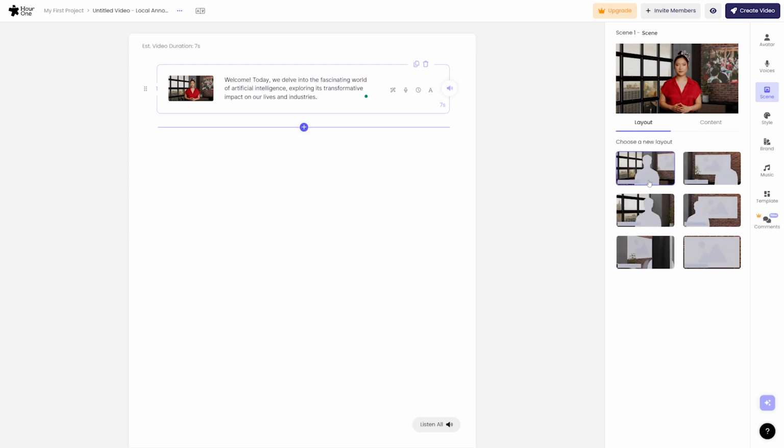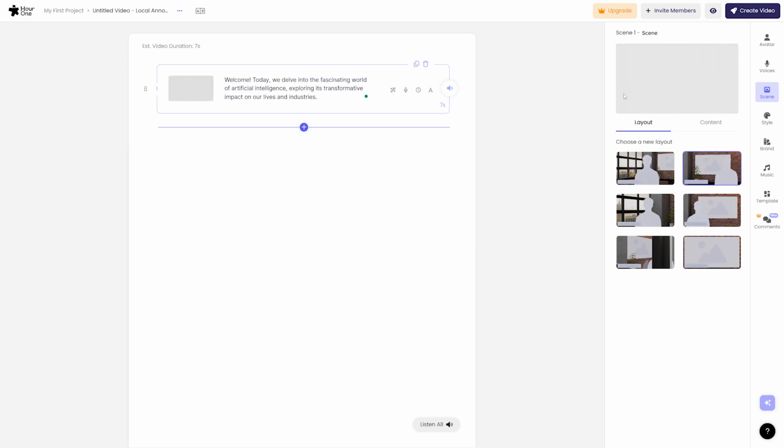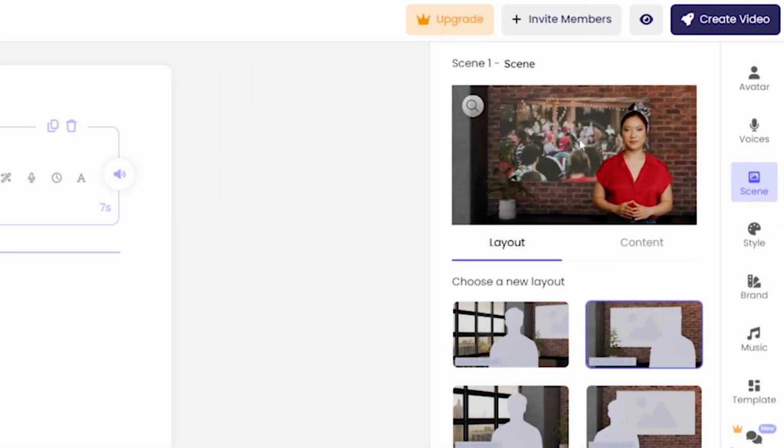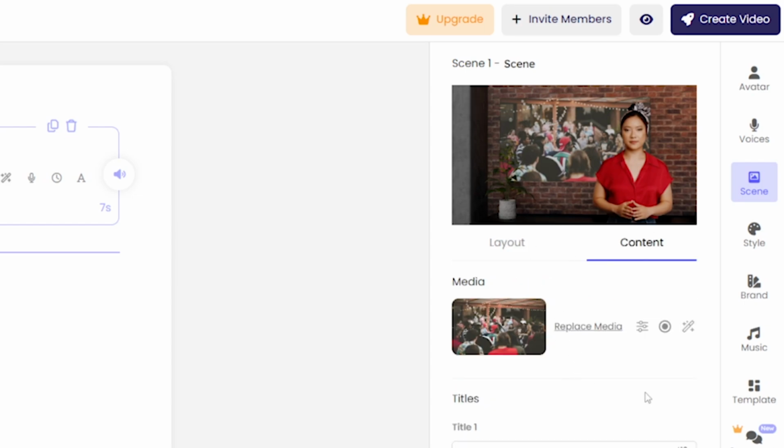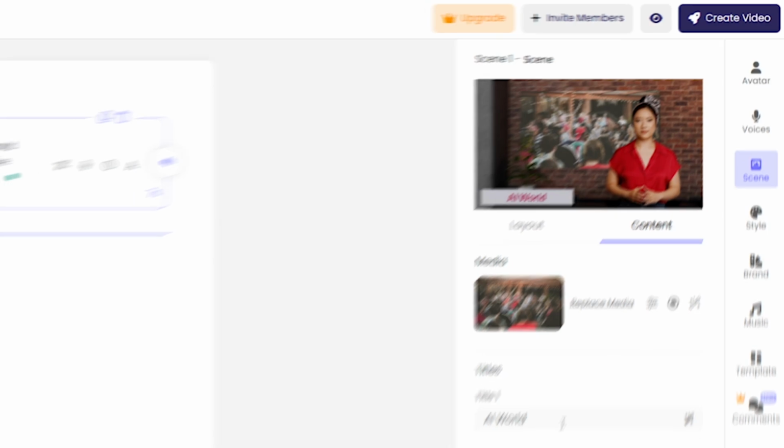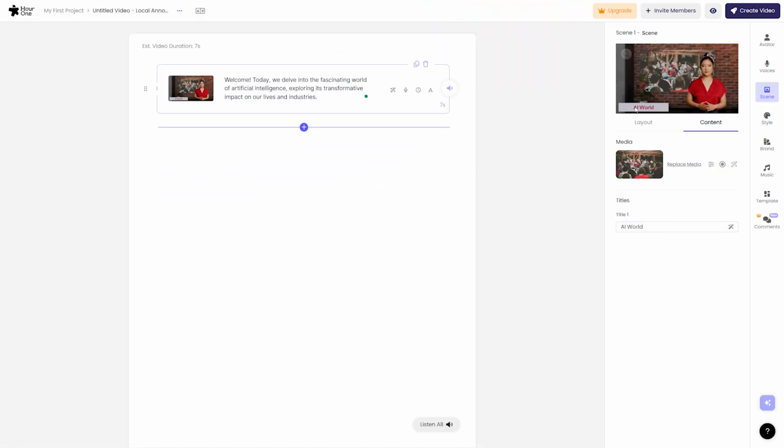to be structured. So right now it's just on this first one, but we can click this one and it will automatically update. And there we go, it's updated here. Then if we go back to the content page, we can replace the media that is displayed in the background here. So if you wanted to have a screen recording or another kind of video, you can put that right here very easily. And then if you want, you can even add a title here and it'll show up right